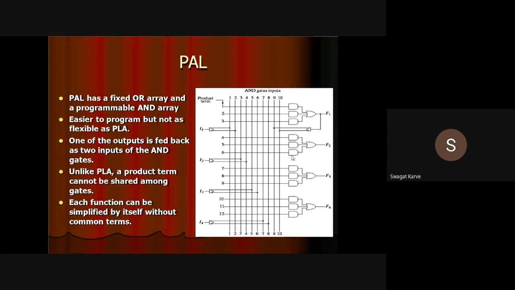Okay, in PAL, you have a fixed OR array and a programmable AND array. That means in that case, the AND array is programmable and the OR array is fixed. Okay, so this is a typical structure for programmable array logic. See, these are all the types of PLD, programmable